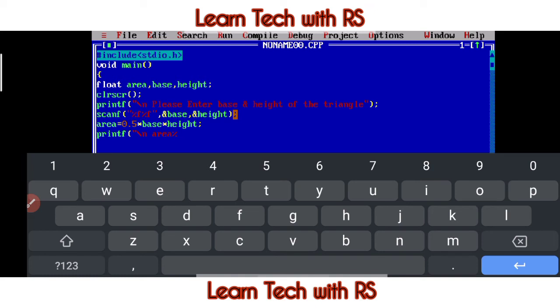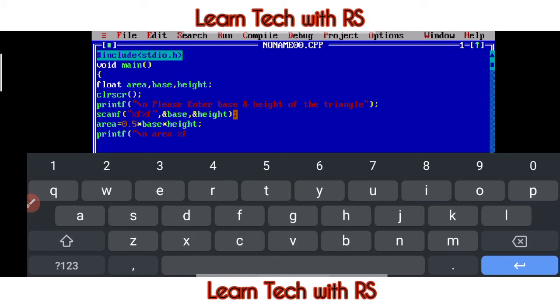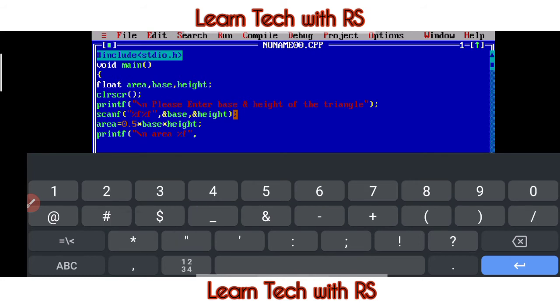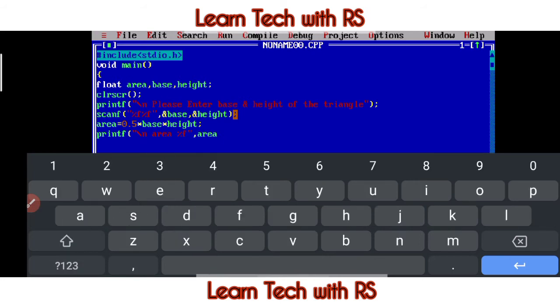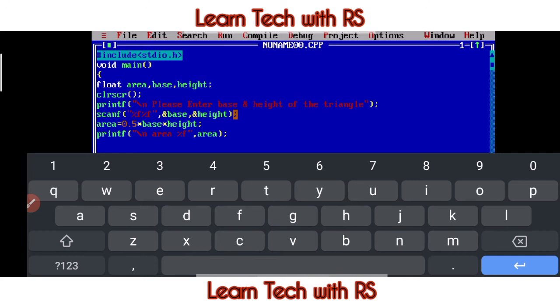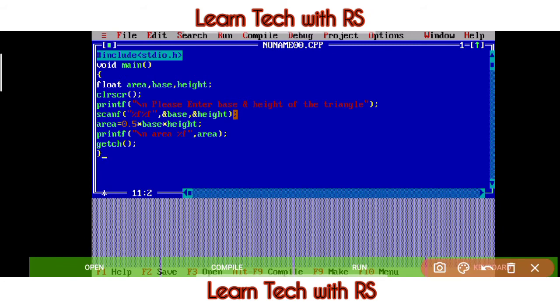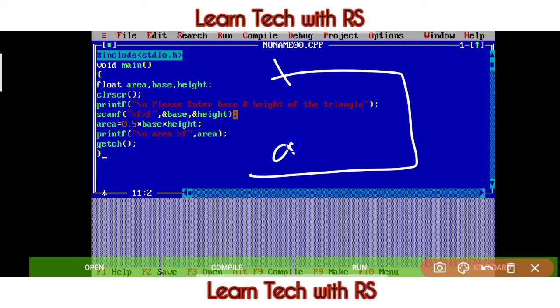Okay, area space float, then inverted comma close, comma, the result will be shown as area, then bracket close, then semicolon. Okay, for break. Then getch, get character, get the result, then break, then curly bracket close. Okay, now you can see that we have this many codes for area of a triangle.